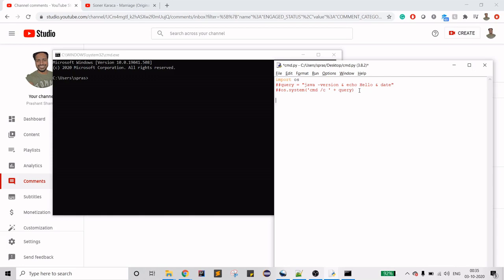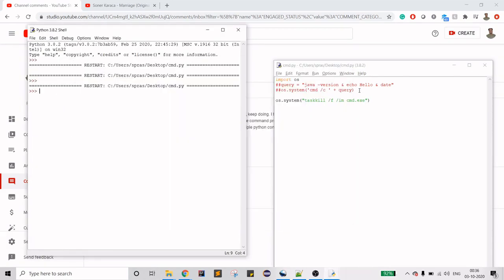Okay, so the easy way is that you just have to use the system method and then use the taskkill command. So taskkill /f /im cmd.exe. So when you run this, you see that your command prompt window has been closed.